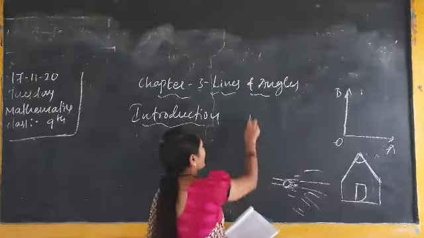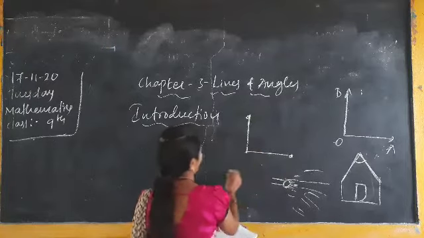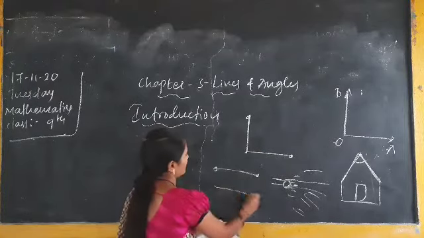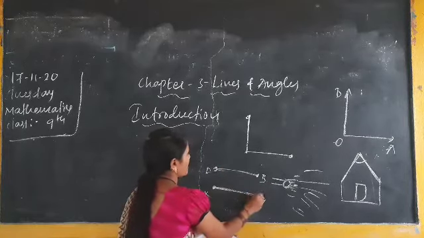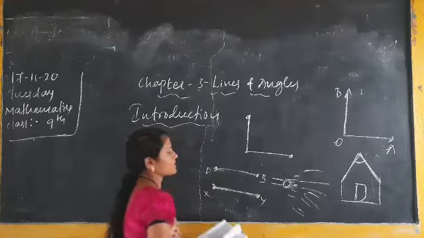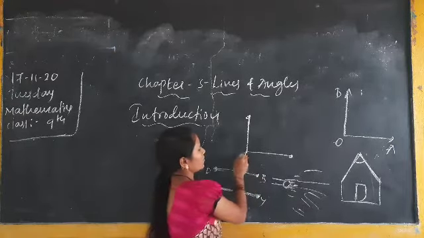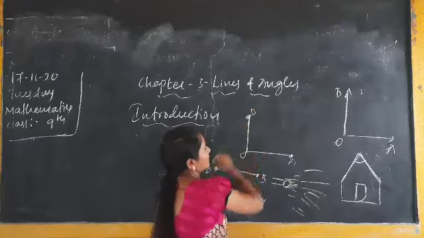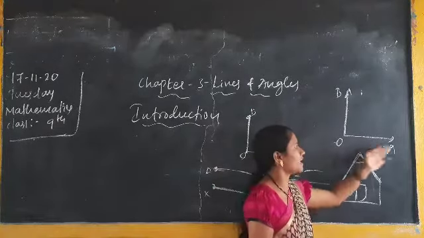For example, I am drawing here two lines. Okay, this is an end point. Here I am drawing two lines, AB and XY. Here the last end point is there, so it is a line segment. Here also in the angle O, here AB, this is a line segment, but this is not. Why? Because here rays are formed.